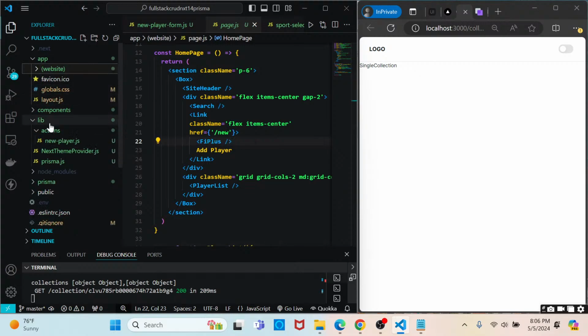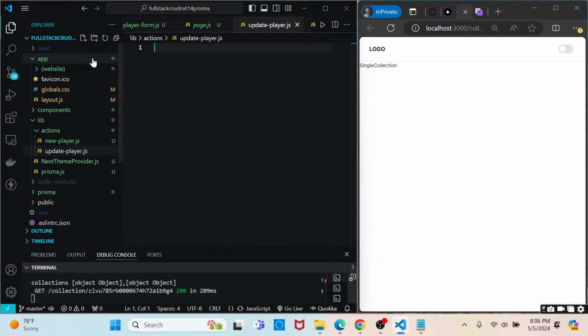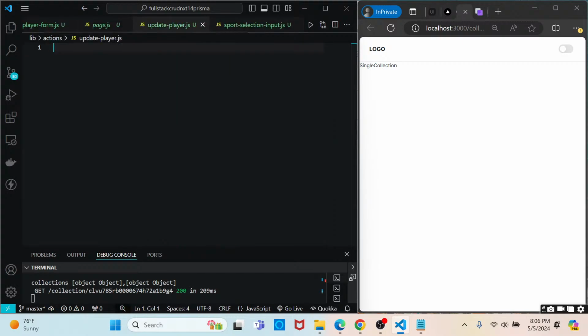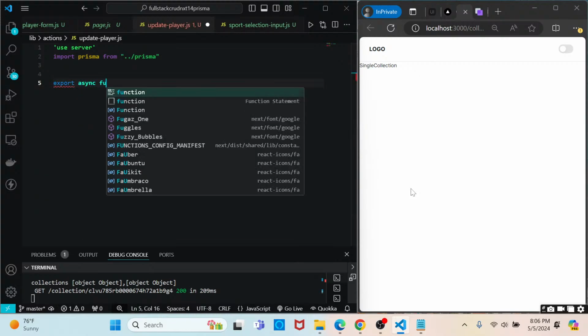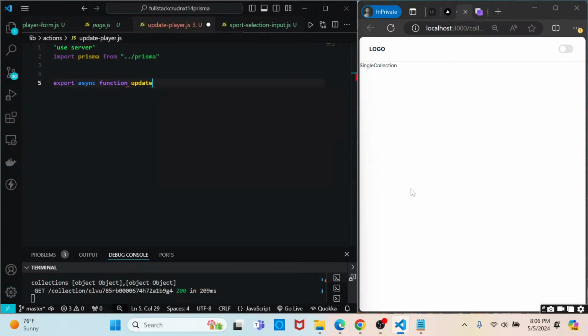And inside of the root directory, inside of actions, let's add another file named updateplayer.js. And this is going to be a server file. So we'll go use server and we'll import Prisma, and it should be from .. if you recall from earlier. And then now we'll just create an asynchronous function, export async function, and we'll go update player,